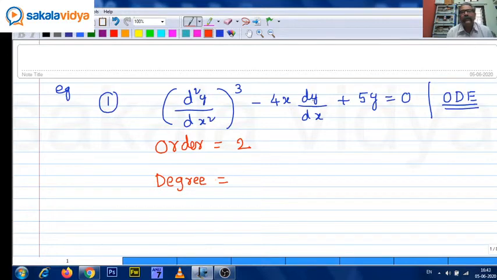Now dy by dx is only 1, order is 1. Here d2y by dx square is the highest. What is the power we have? 3. So degree is equal to 3. So this is called actually second order, third degree